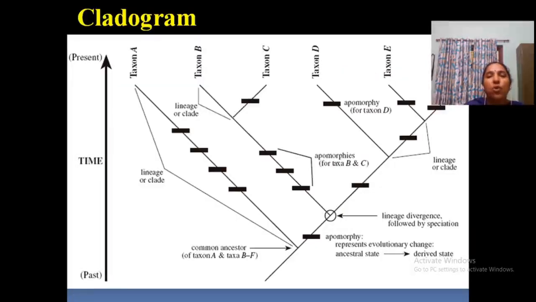Then how can you find out the relationships in a cladogram? Reading a cladogram is an art actually. So by looking at this picture, you can say which is the ancestor, which are having a monophyletic relationship, paraphyletic relationship, etc. And which species shared derived characters, etc. You can predict by looking at the cladogram.